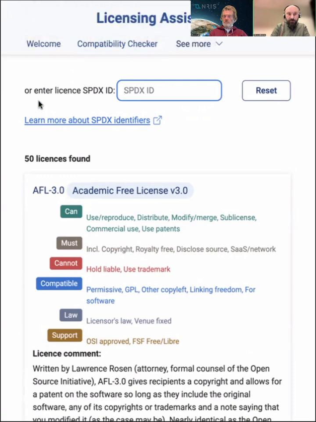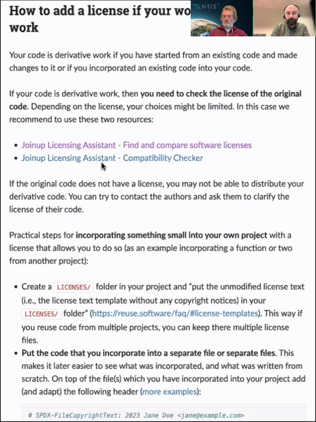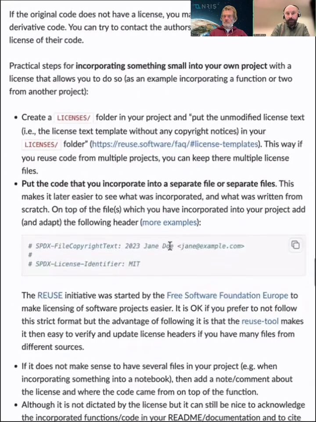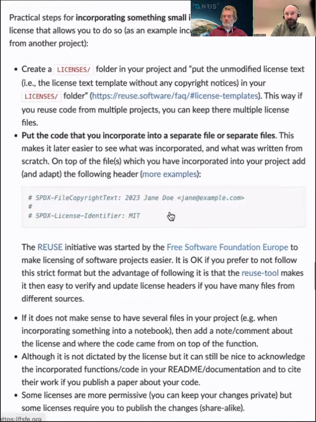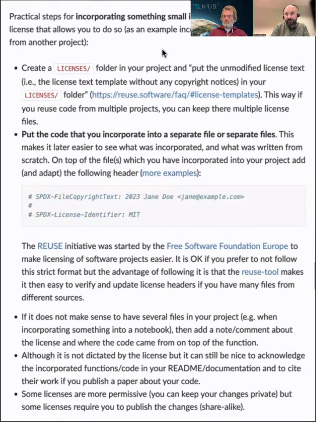So let me go back. Then here in the practical steps for incorporating a license, I already mentioned what the GitHub interface does, but in practice, one way of doing it is to create a license folder in your project and put the licenses that you use inside that project.